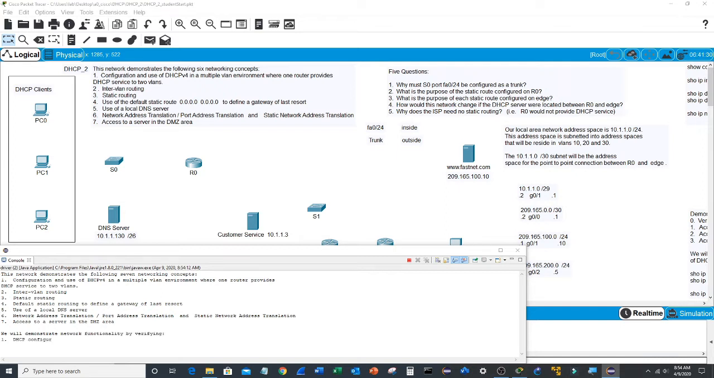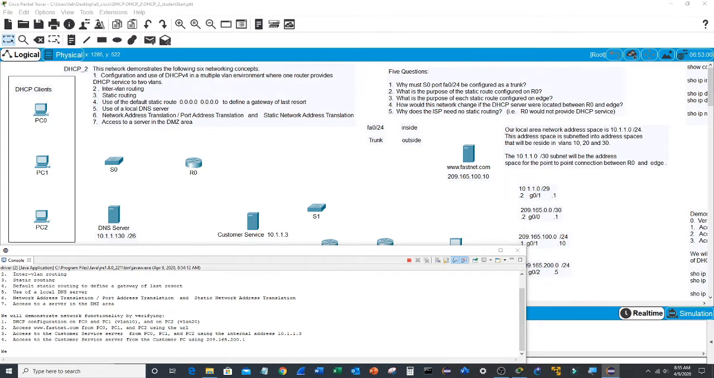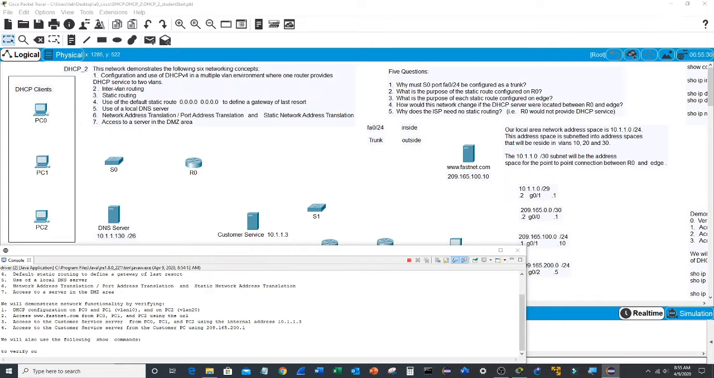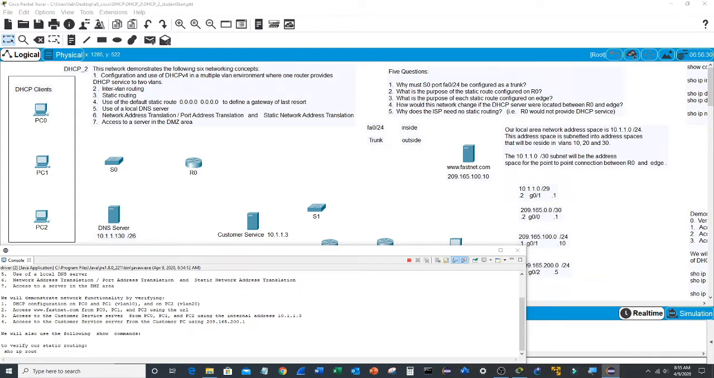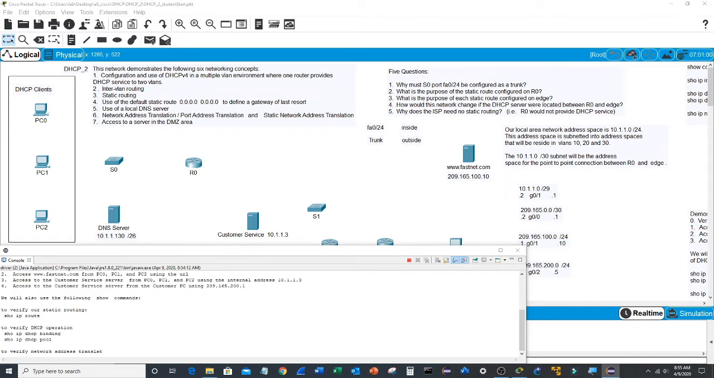We'll demonstrate network functionality by verifying 1. DHCP configuration of PC0 and PC1 in VLAN 10 and PC2 in VLAN 20, 2. accessing the www.fastnet.com server from PC0, PC1, and PC2 using the URL. 3. Access to the customer service server from PC0, PC1, and PC2 using the internal address 10.1.1.3, and access to the customer service server from the customer PC using